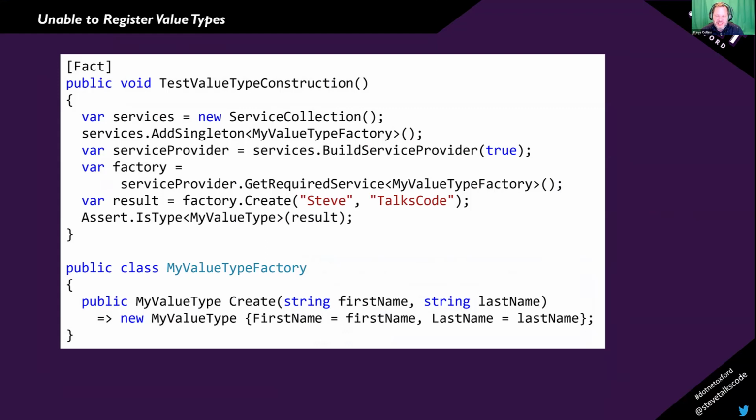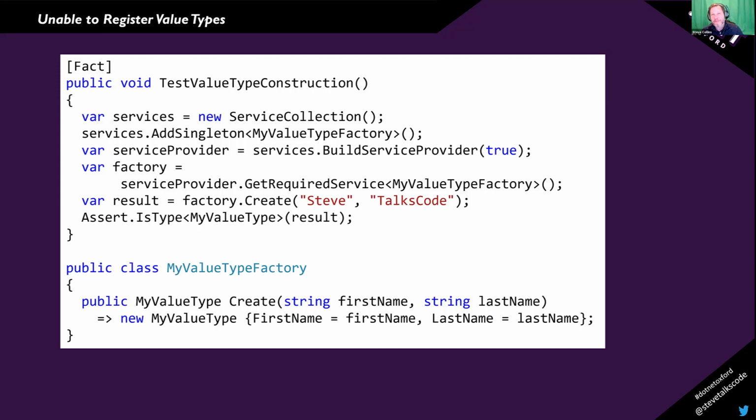If some of the properties need to be taken from the container, like we've just been saying about, you can inject the IServiceProvider, you could use the ActivatorUtilities, and then you can munge them together with your runtime parameters to go and create your value type. Now, the value type is effectively possibly immutable,